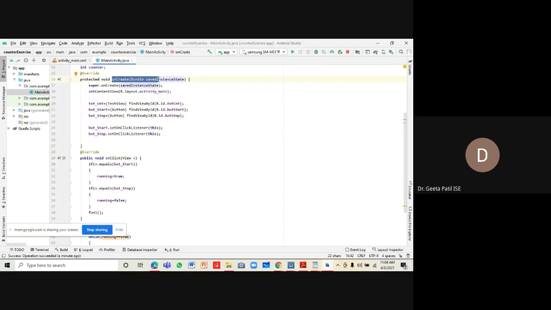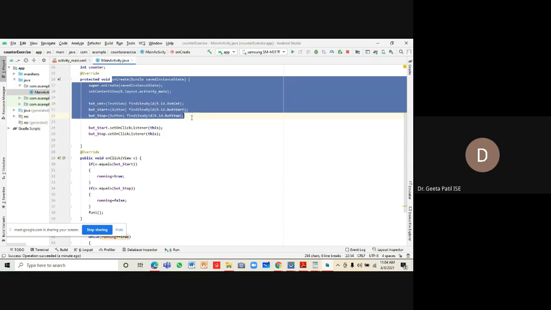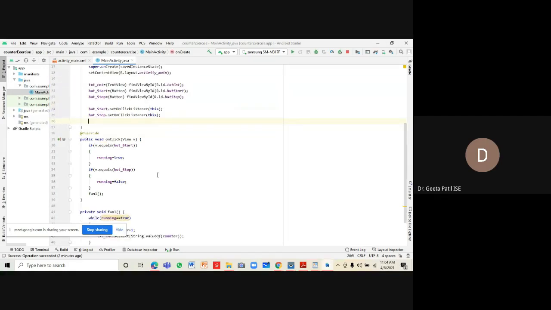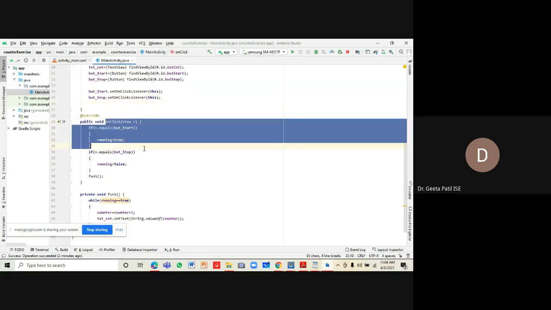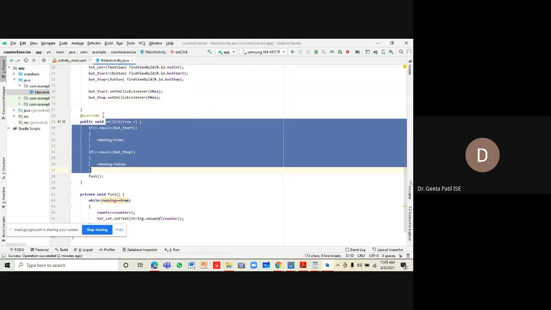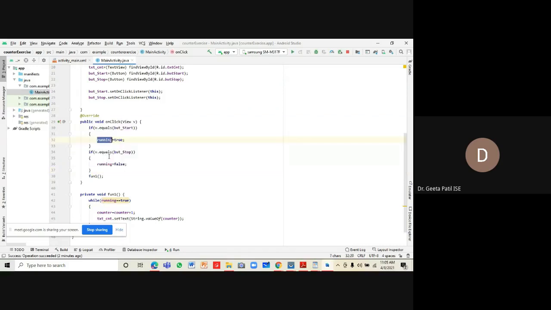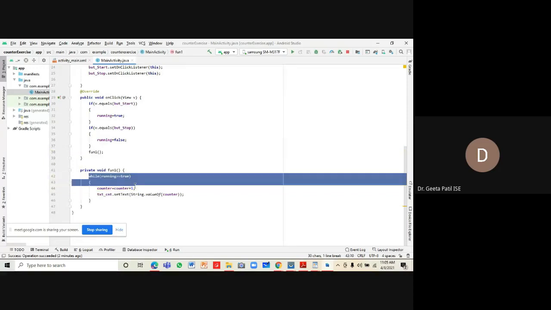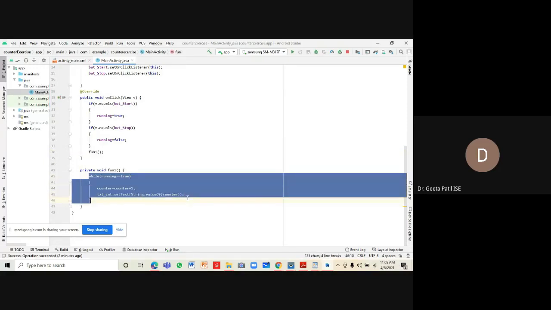In that UI thread, creation happens, linking happens, then the on click method is called. It sets the value of running, and it calls the function fun1. So control goes to fun1, where this loop is executed while running is equal to true.